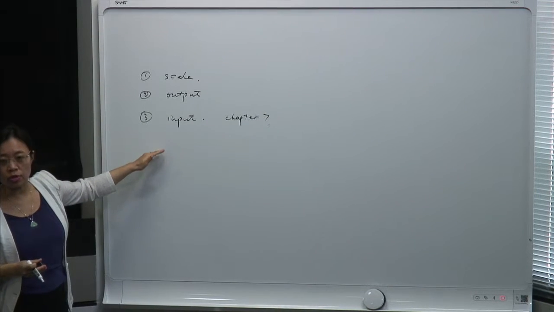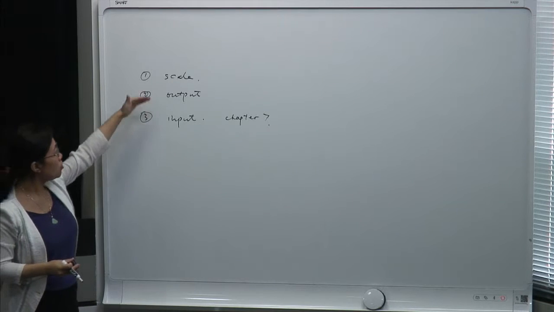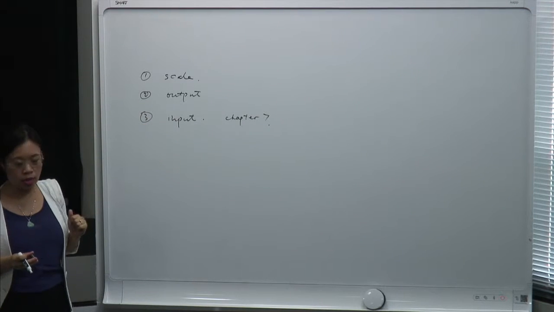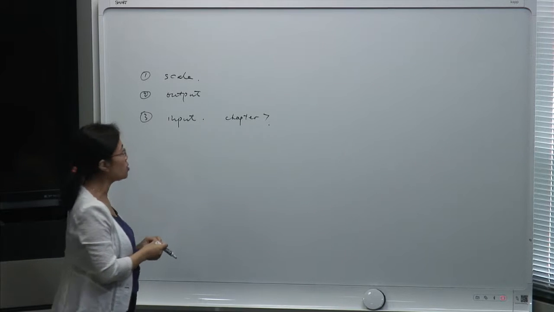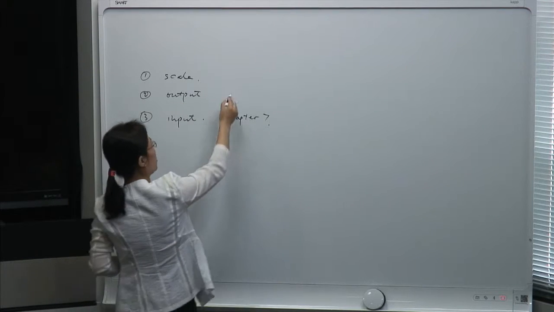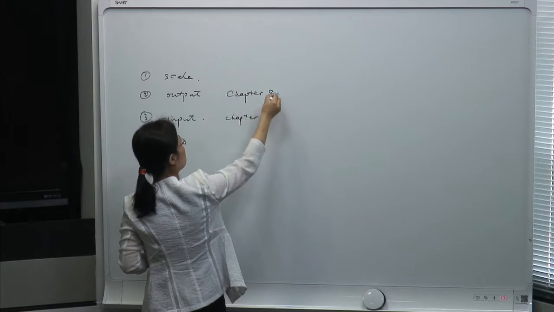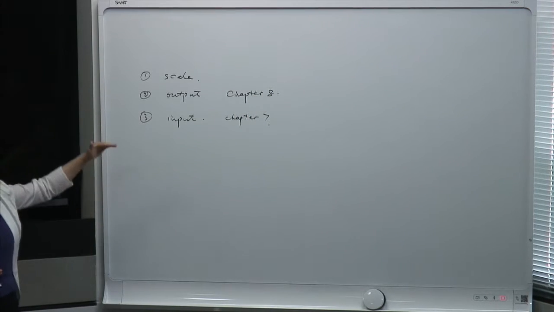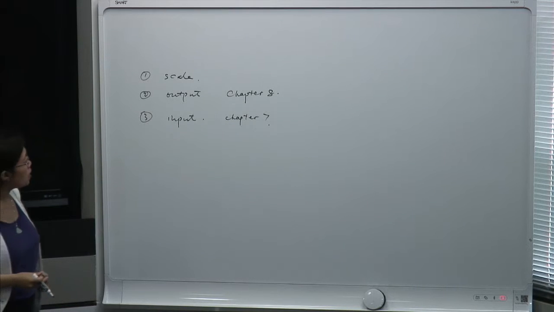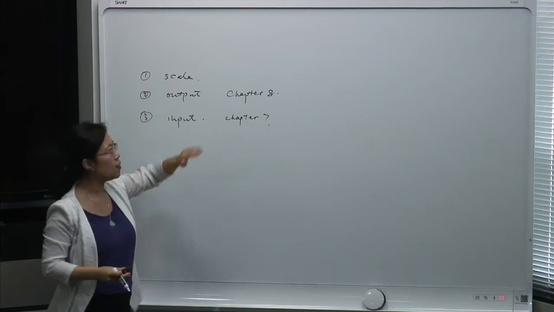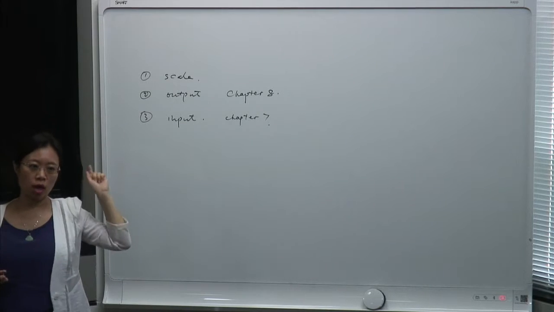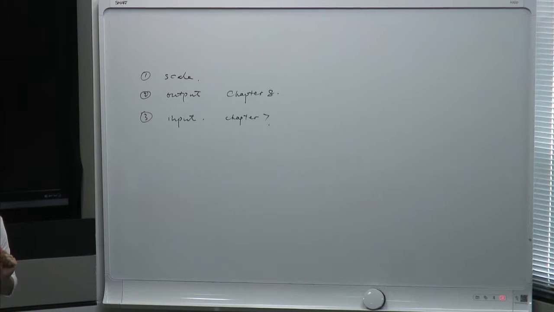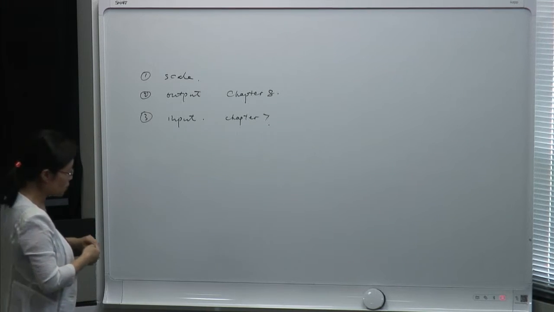So that's why chapter 7 deals with optimal input, how we derive the optimal input, knowing the optimal scale and the optimal output. Then after that, we talk about optimal output, and that's what chapter 8 is about. Okay? So in chapter 8, we learned how to derive the optimal output. So we have done chapters 7 and 8. The only decision we have not covered is optimal scale, and that's what we're going to do today. Okay? So after today, we will have finished the producer theory part. All right. So that's where we are.